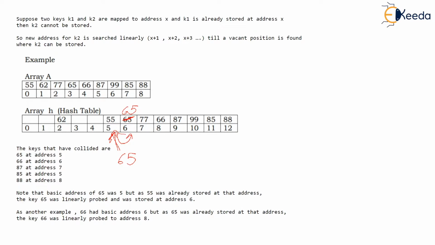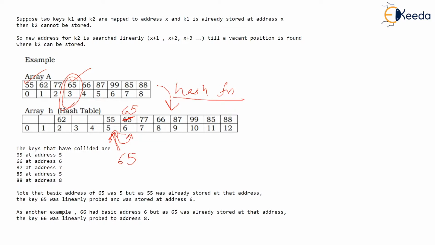Linear probing is in fact a method used for handling collision. We know that whenever we map the keys into the hash table using some hash function, definitely there will be some collisions because there is a probability that two keys will get mapped to the same address. And if two keys get mapped to the same address, then we have to store the collided key somewhere at some other address. To decide that new address, we use linear probing. So linear probing is nothing but collision handling technique or collision resolution technique. Linear probing has some disadvantages.